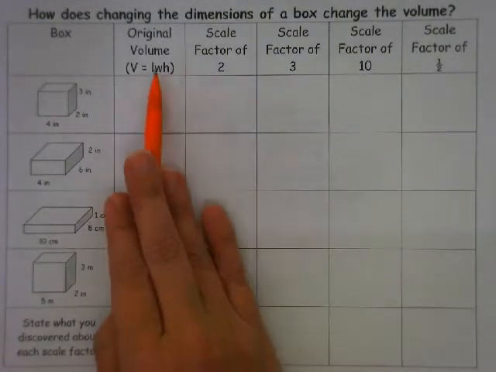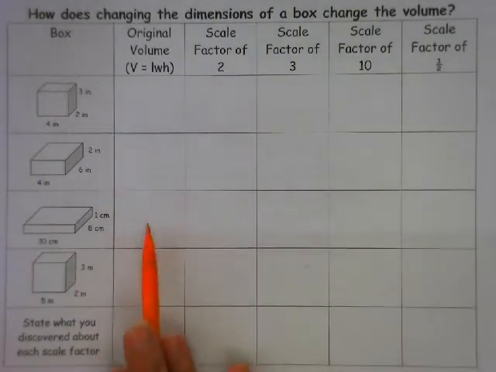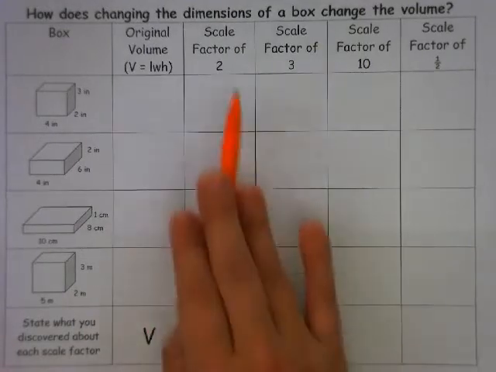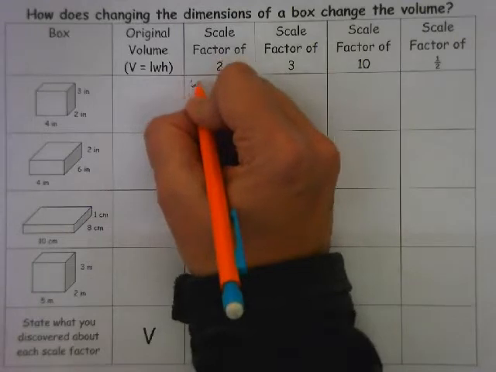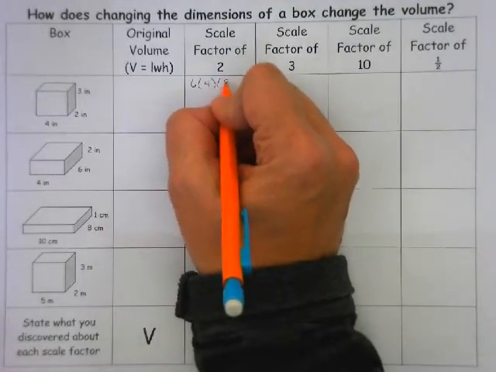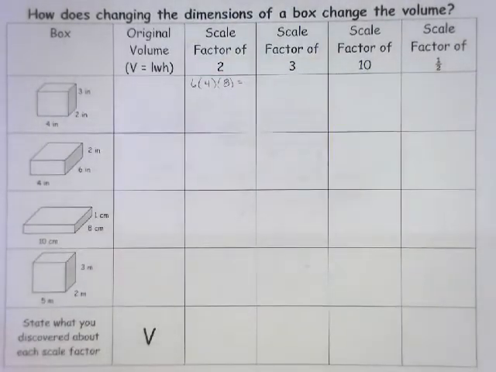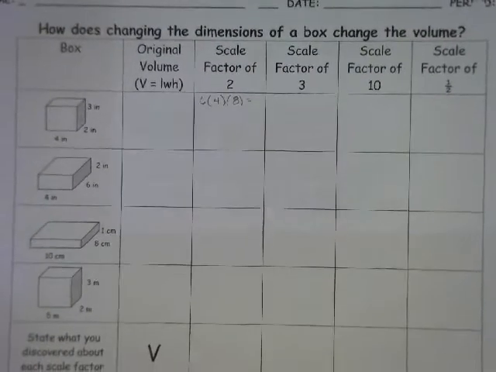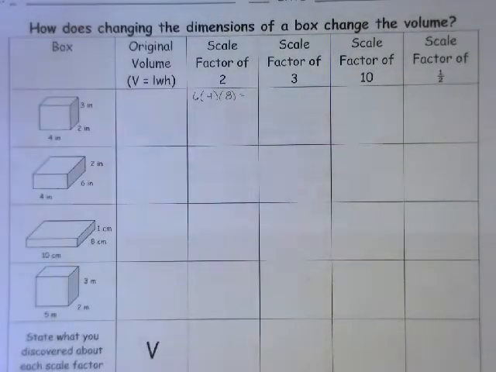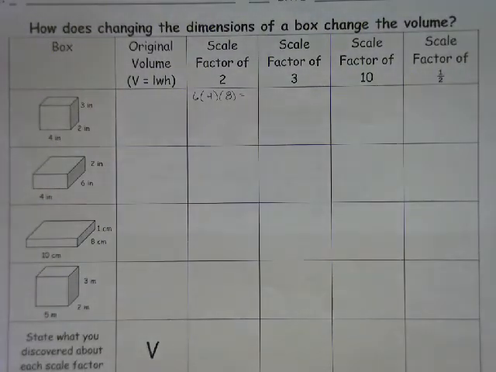No problem. I want you to write the original volume. You can use your calculator. Apply a scale factor of 2. So what is this going to become? This is going to become 6 times 4 times 8, right? See what happens. And I want you to fill this in, and I want you to write the rules down here. All right? Questions? Simple, simple, simple. All right, show me which